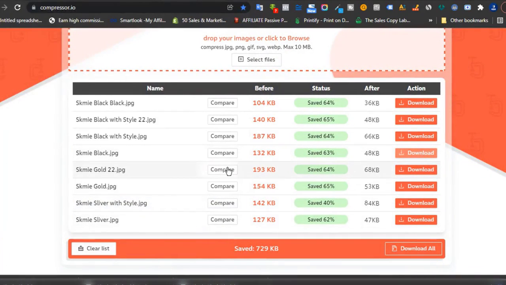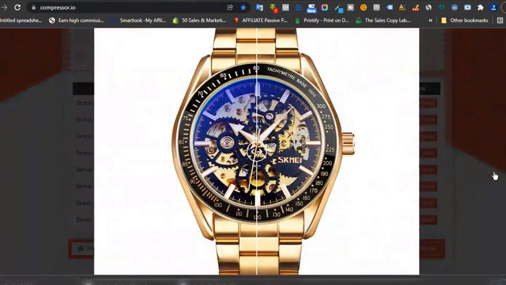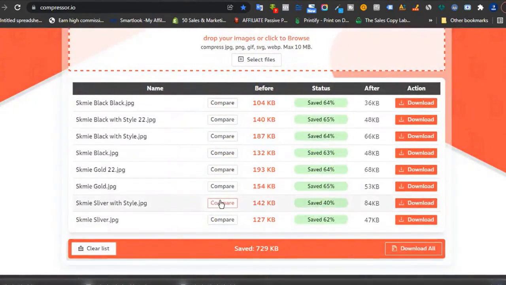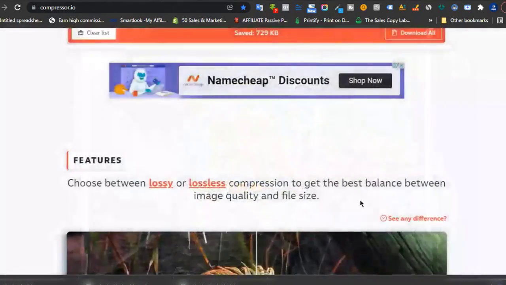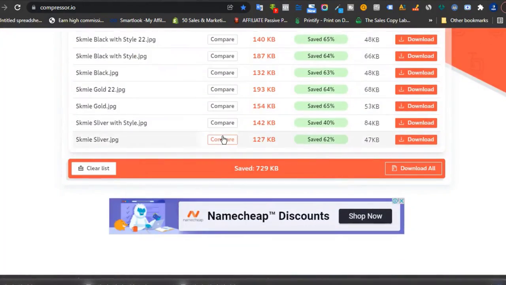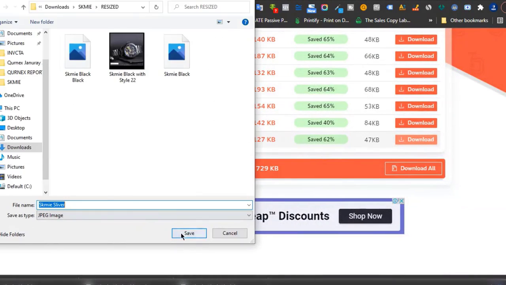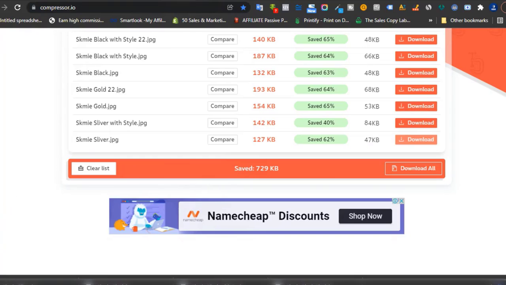Save. This is 68. I'm going to leave it aside. This is 53. I'm going to leave it aside also. This is 84. I'm going to leave it aside. And this last one is 47. I'm going to download this one. Okay. So right now, out of